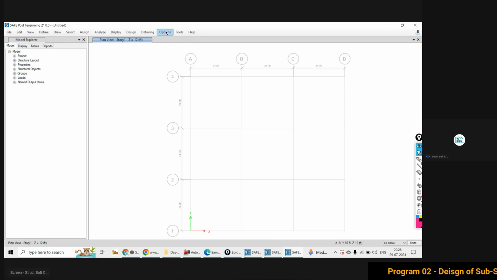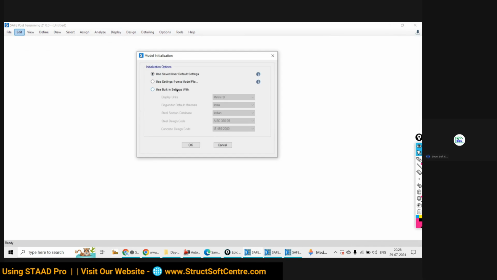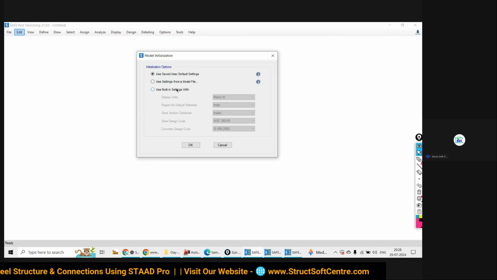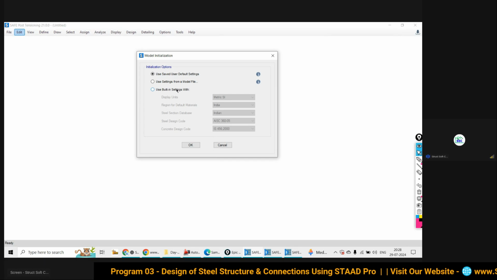We have seen the advantage of this first option. Now we need to understand what is the disadvantage of this first option.